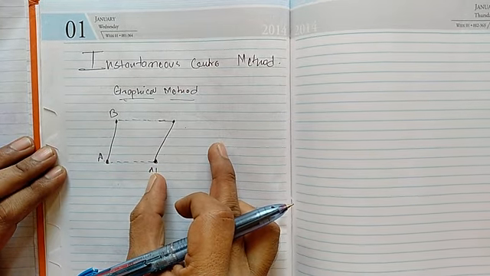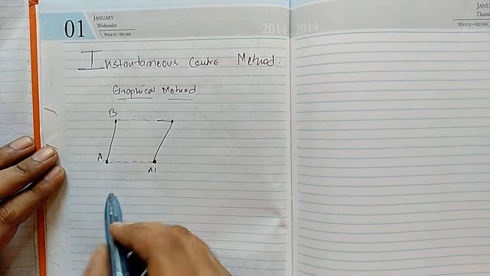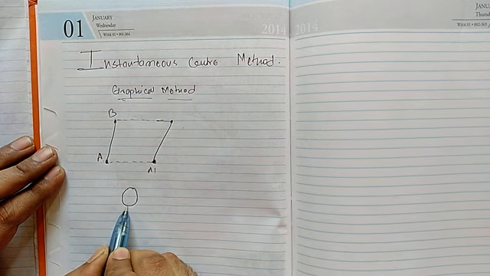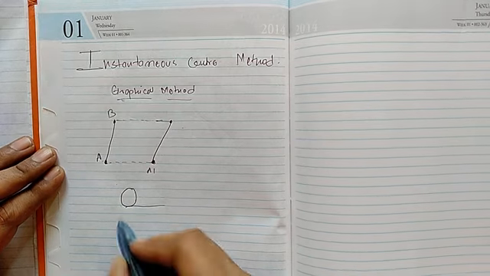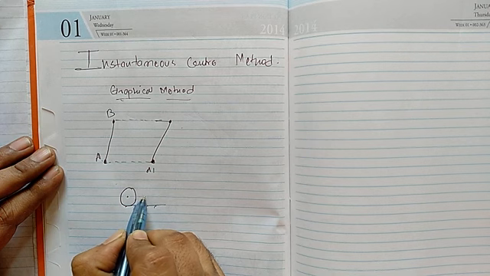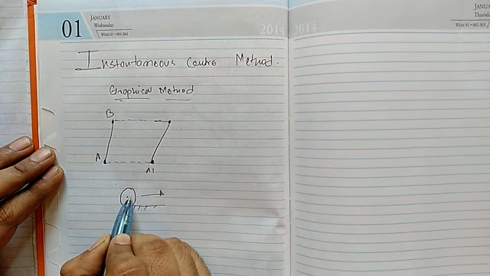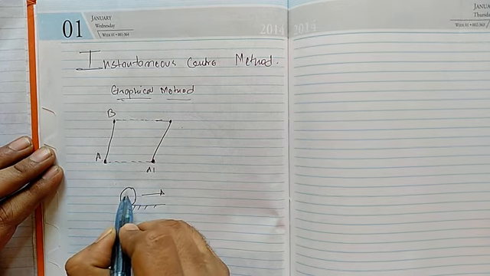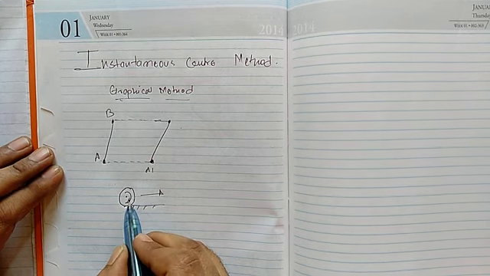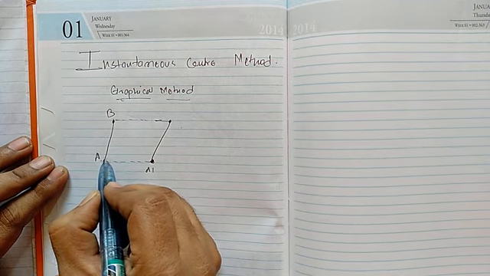Whenever there is a combination of two motions, suppose I take the example of a wheel. This wheel rotates on the ground surface. The ground surface is fixed, and this is the center. This wheel is moving in this direction. This is the translational motion, and also about this center it rotates in a circular manner, which is the rotational motion. The same theory is applicable to link AB, which is subjected to the two motions.